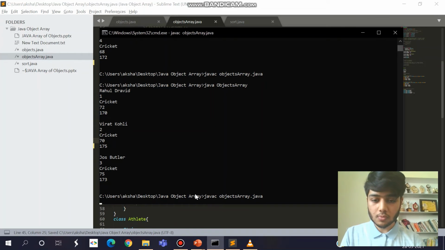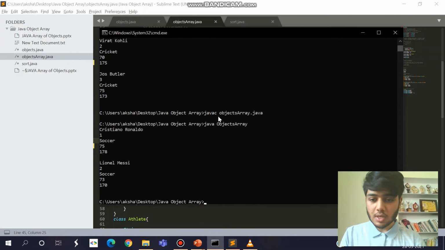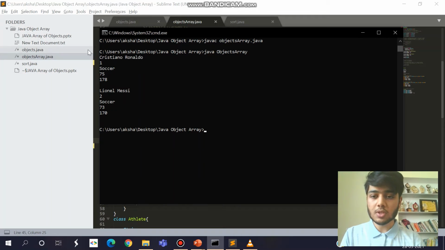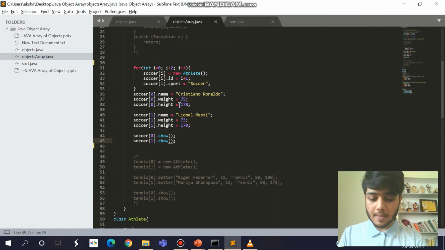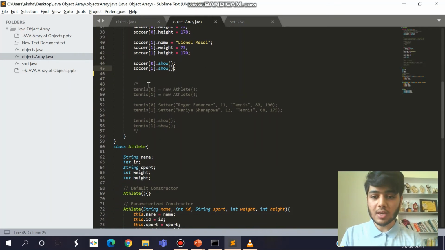As you can see here, it has given me these two values, Cristiano Ronaldo and Lionel Messi. In the same way, we can populate the tennis array as well.